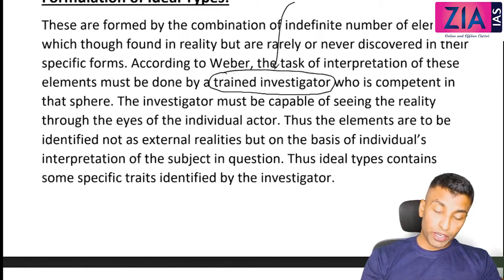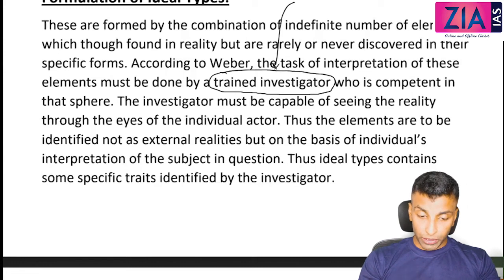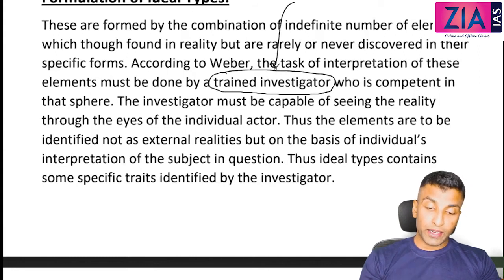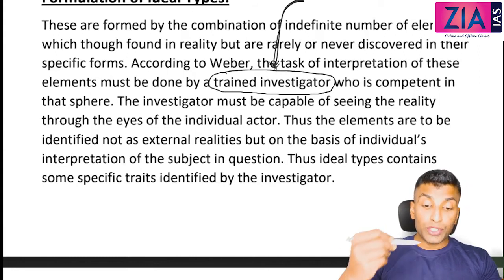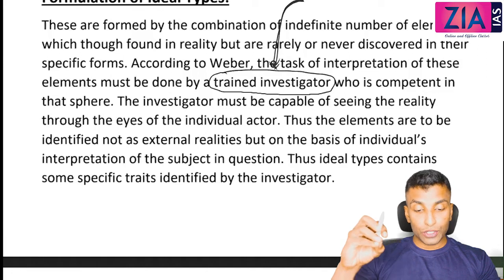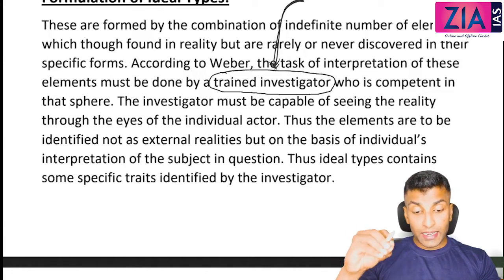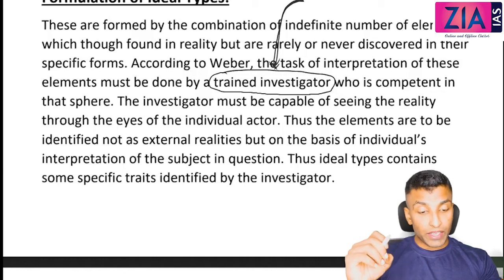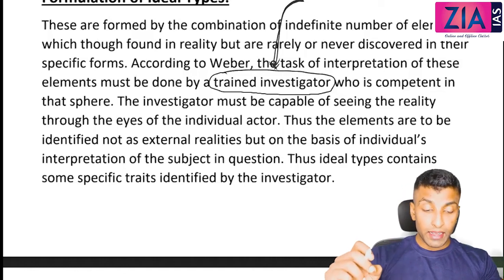Why is he talking about a trained investigator always? Because firstly, he is stressing objectivity. Okay, so if you need to ensure objectivity, you need a trained investigator. Why? Because you are dealing with human beings. So Weber basically differentiated between the subject matter of natural science and social science. Natural science deals with matter which does not have any consciousness, and